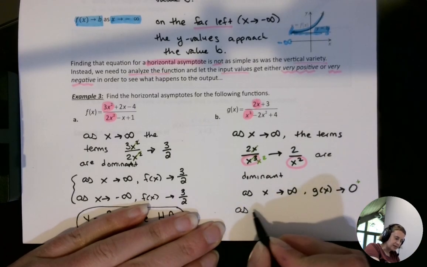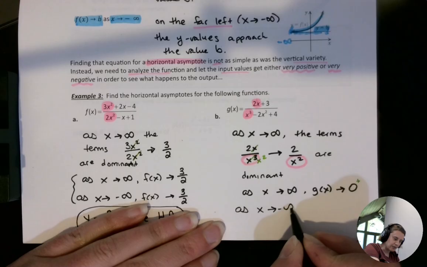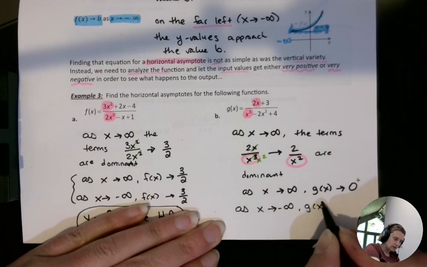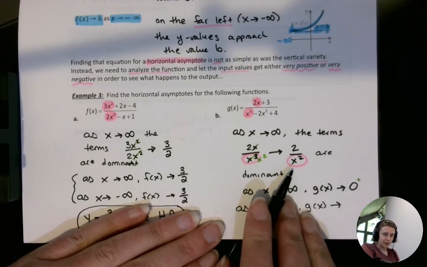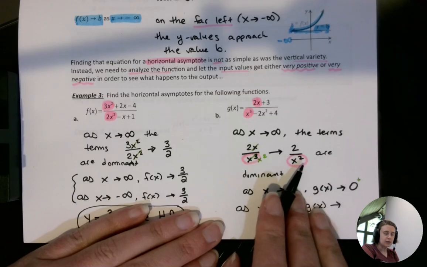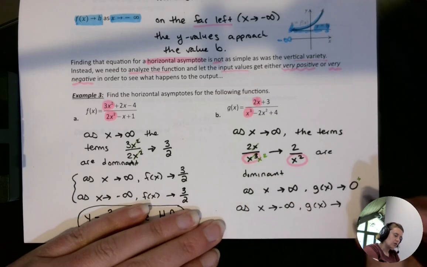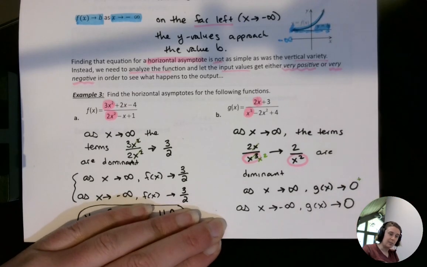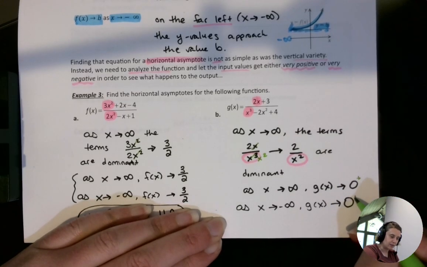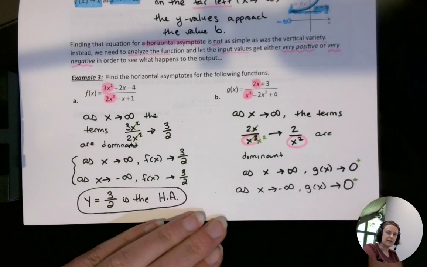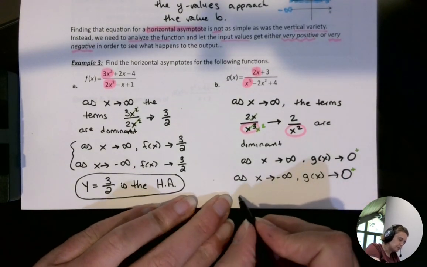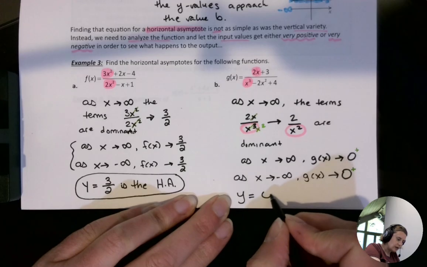Now, as x approaches negative infinity, something similar is going to happen here. I'm going to plug in a very large negative number. That very large negative number, once squared, is going to get us a positive value. So we're going to have that same idea of approaching 0. And because the denominator is also coming out to a positive, we're going to be approaching 0 from above as well. So the idea of approaching 0 from above or below is not as important right now as just the fact that we're approaching 0, but just kind of something to think about as you get ready to take Calc 1. So what we know as a conclusion here is that y equals 0